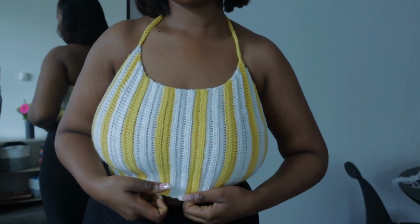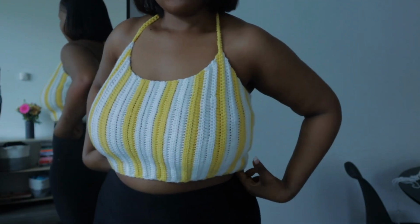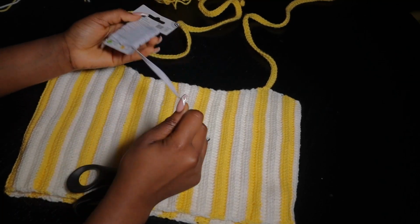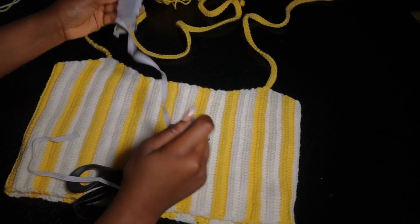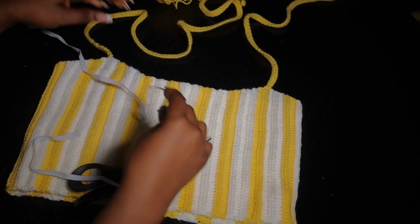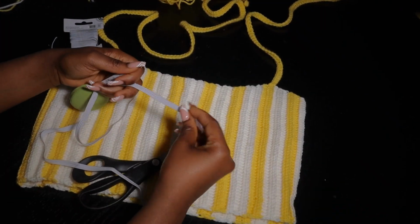So let's go to the table, and then we are going to attach an elastic band to the side of the bralette. So this is the band that I will be using. I'm just going to make sure this is my waist measurement in the unstretched form. So you're just going to put this across your waist and take the measurement, or you can also just use your measurement tape for that. So with your measurement tape, you're just going to take the measurement,